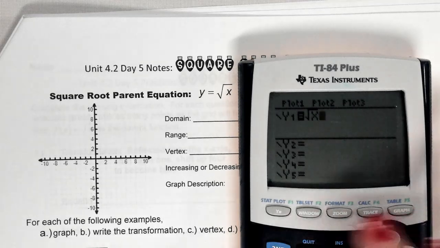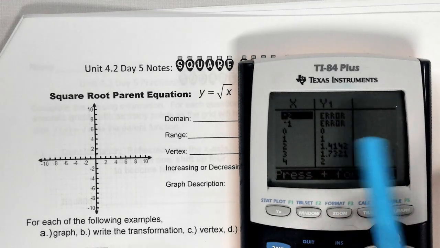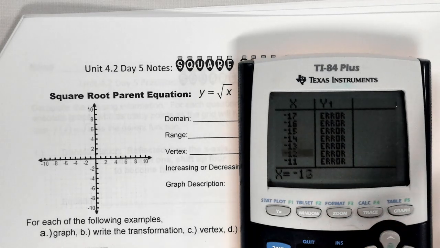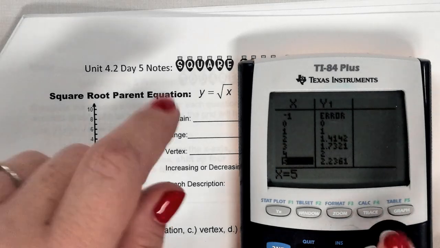When I go to my table, watch this, guys. What happened? And watch if I keep going that way. What does it keep saying? Error. So we can't obviously plot that. We don't know how. But if you remember, do you remember when we were simplifying